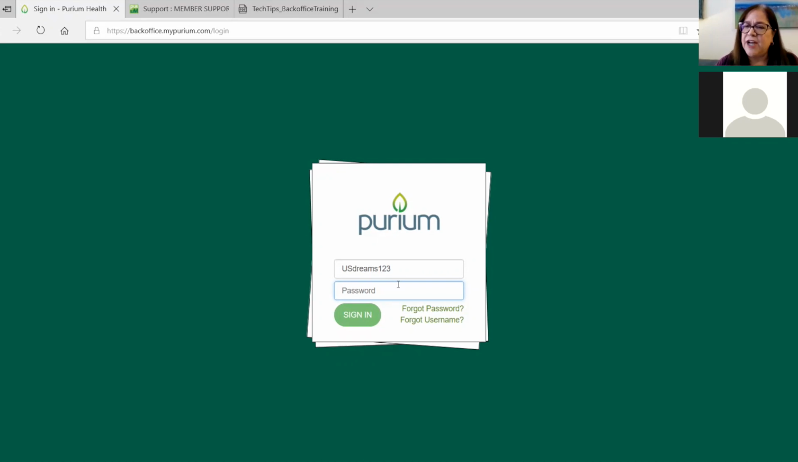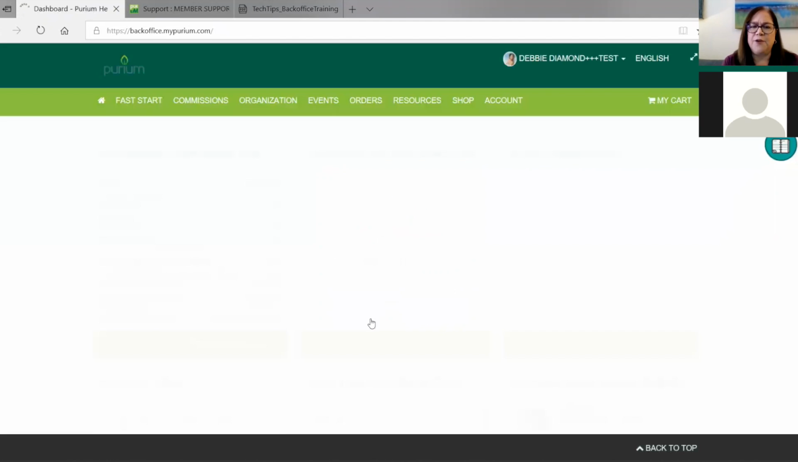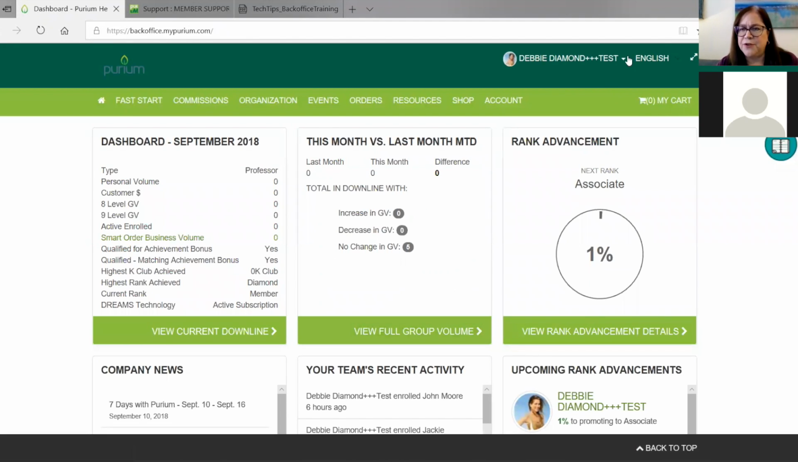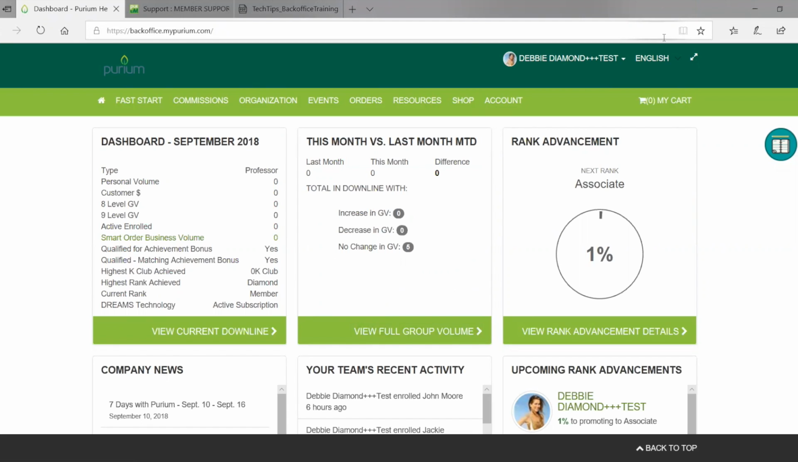So anyone at any time, to see a full Dreams back office, can log in using the login name US Dreams 123, and the password is just the same, US Dreams 123. And once you log into the back office, you'll see everything that is available to the Dreams. Let me see if I can go away from here so you see, there we go, we see just the back office now. Now this is, of course, your home page,